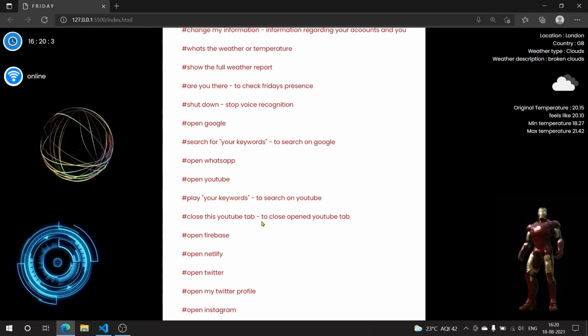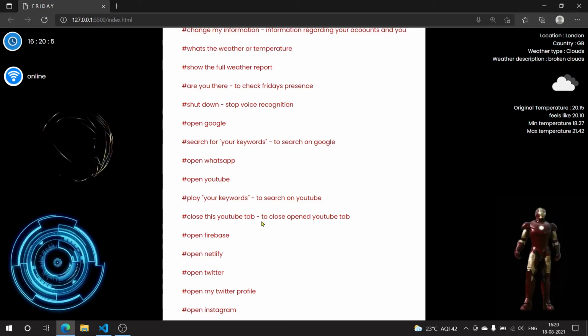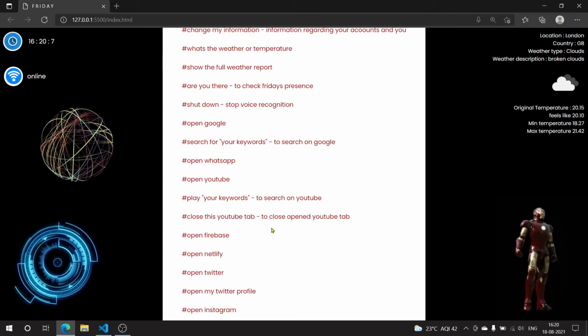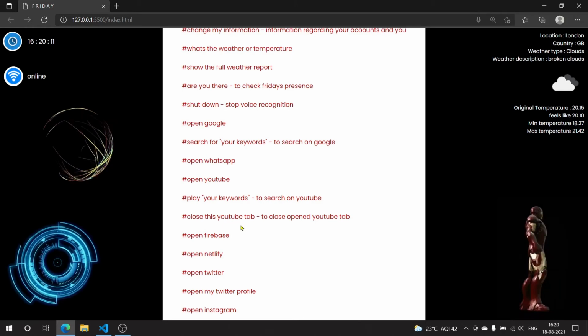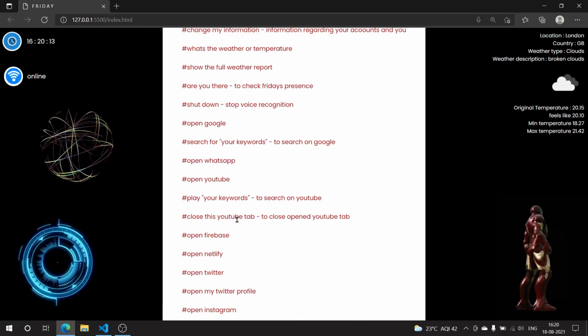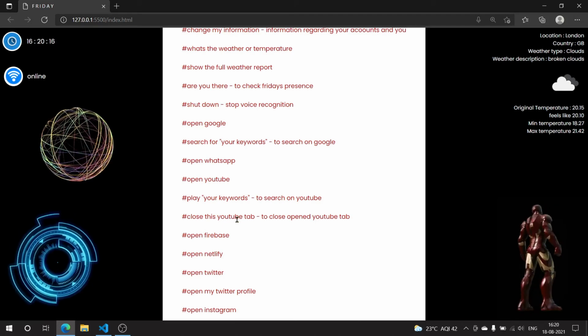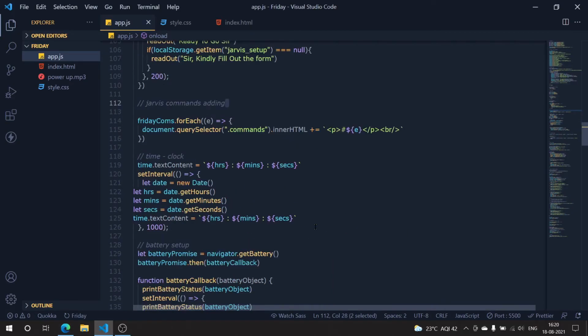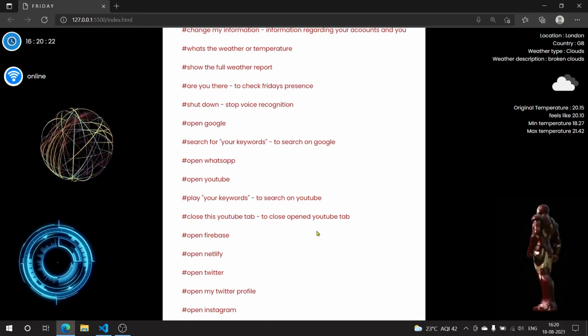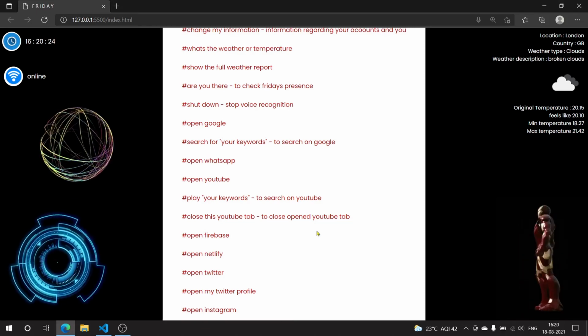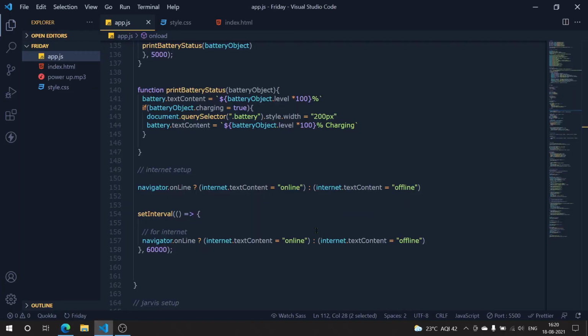Now actually we have to do some styling here, and that styling I will give you in the source code, the perfect styling, because we can't waste the time now in styling, right? So that is the reason. And now I'm going to add another command to actually close this stuff, and what that command will be. Okay guys, don't worry, you will find the styling for this and the complete source code. If you are getting any errors, just go to that source code and you will get everything perfectly fine, because